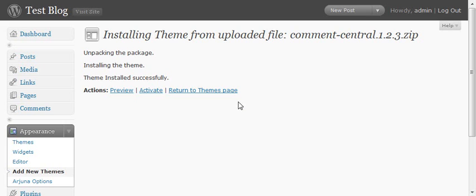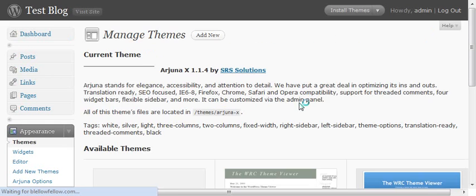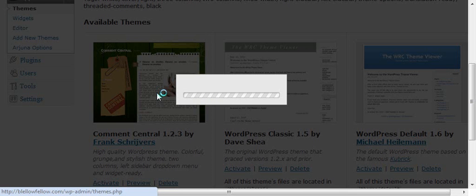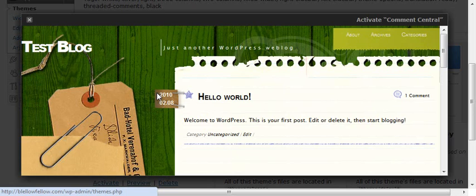So again, it says that it is active, has uploaded the theme, and we'll return to the themes page. And as you can see now, we have another theme, and that's actually kind of a nice one for a blog. So let's just go see what this one might look like with our content. And that looks pretty neat actually. So let's just activate that theme